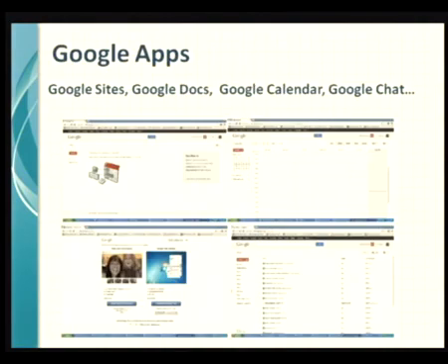Let me give you one simple example wherein all the three aspects are being covered. Suppose you go to the Google website and press the options, what do you find? Google Sites, Google Docs, Google Calendar. Likewise, you have several options under Google or Gmail. So here you can just correlate whatever I told during the previous 3 or 4 slides.